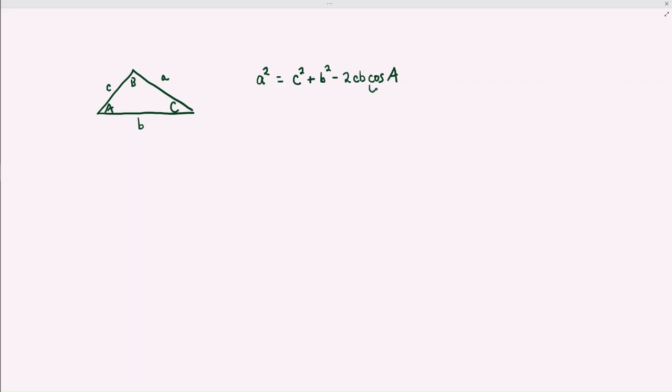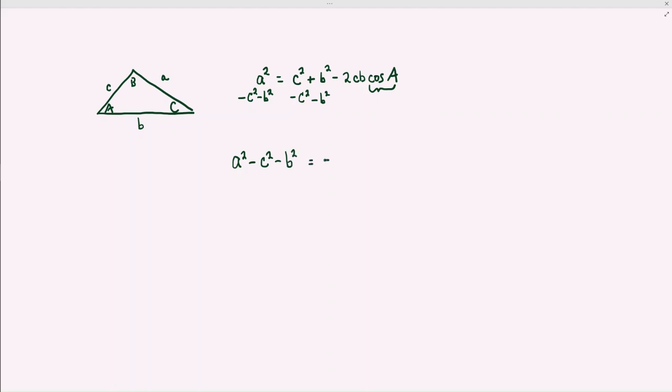Okay, a lot of times what we want to do is get the cosine of A solved for. So all I'm going to do is move everything over to the other side and isolate cosine of A. And that way we can see what pattern develops there. So we're going to subtract c squared and b squared on both sides. Okay, so we end up with a squared minus c squared minus b squared